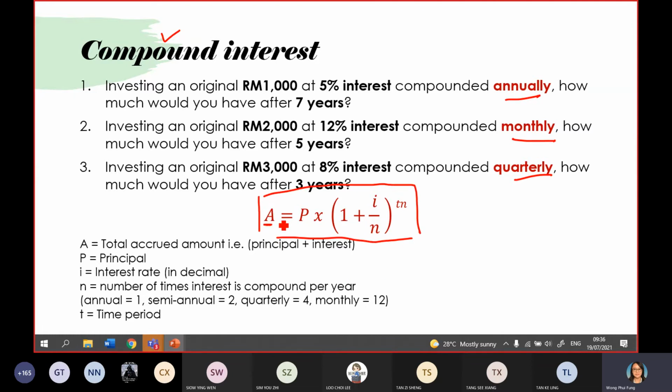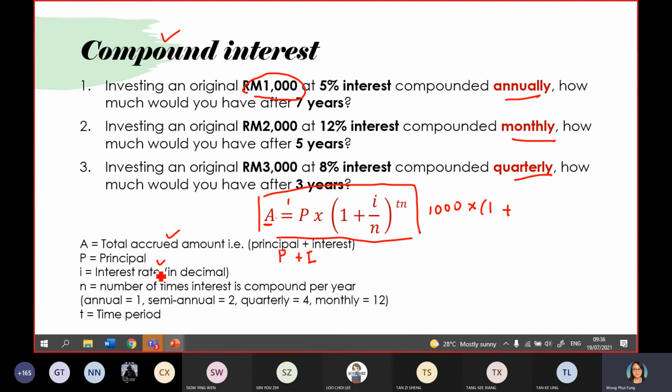What is A? A is the total accrued amount, which means the principal plus interest. P is the principal, which means your original amount, 1,000. I'm doing question 1 for you. So P is the principal, the original amount, 1,000. So you times off 1 plus